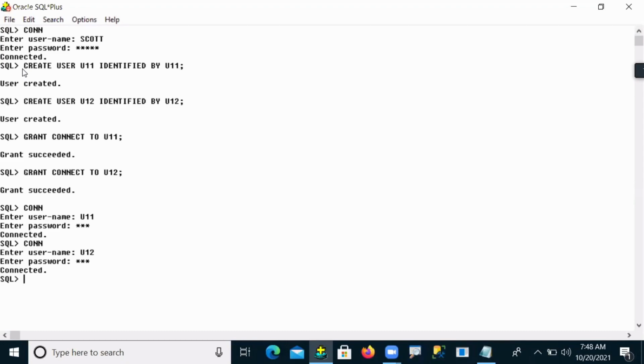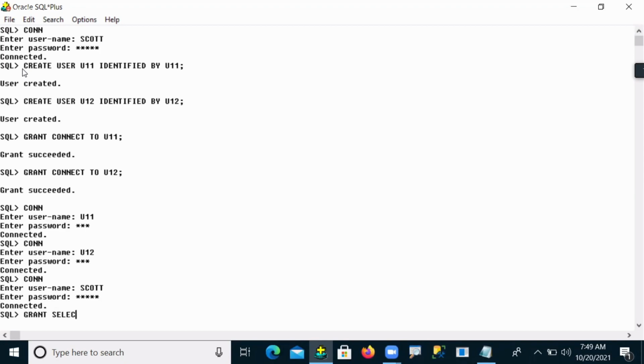Okay, now fine. So after connecting here, what we want to do, suppose U11 wants to give some object privileges to user 12. Okay, user 11 wants to give some object privileges to user 12. Then how is it done? Let you see, guys, here. So for example, first of all, your Scott administrator was giving some granting permissions.